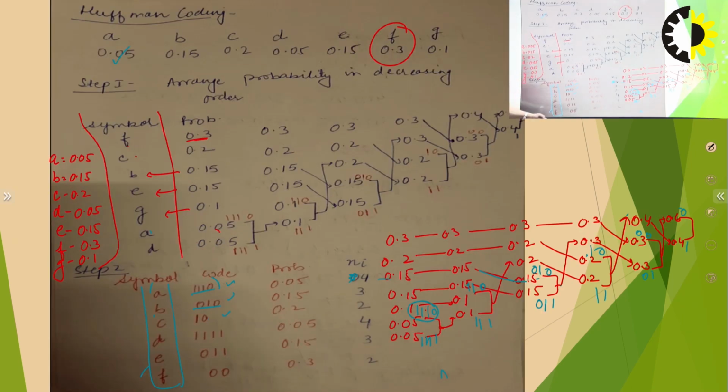First we have arranged the probabilities in decreasing order, then we have made this tree, and with this tree we are doing the addition of the last two probabilities, and whatever sum we are getting, we are putting that sum as high as we can, and then we are allotting 0 1 0 1 0 1 from the last to the first, and then we are using that code of the sum probability for the probabilities from which we are getting it. Like suppose we are getting 0.6, the code is 0, so you are getting 0.6 from 0.3, so you give this 0 to both the probabilities. So here I have used 0 and here also I have used 0. Clear? So this is how.